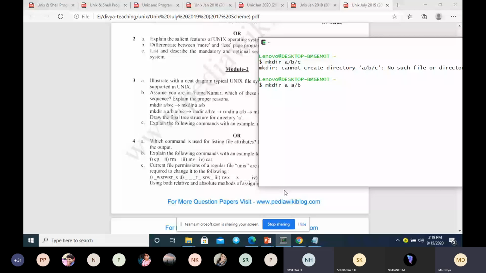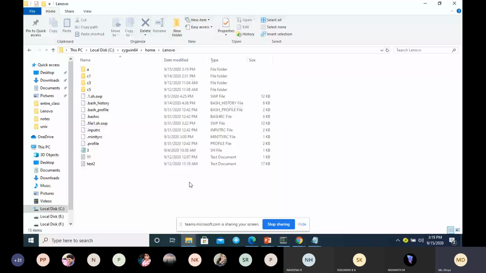Yes. So what we are doing here? First we are creating the parent directory A. Inside the parent directory we are creating a child directory B. Let us see whether this will work. Yes, it is working. See here a directory with the name A is created. Inside that you can find one more directory B.